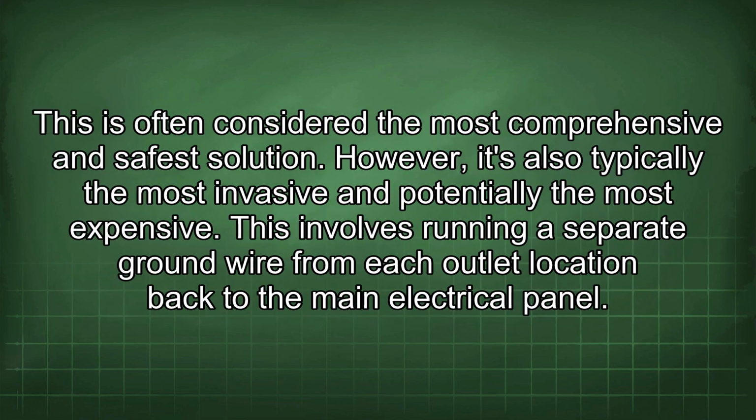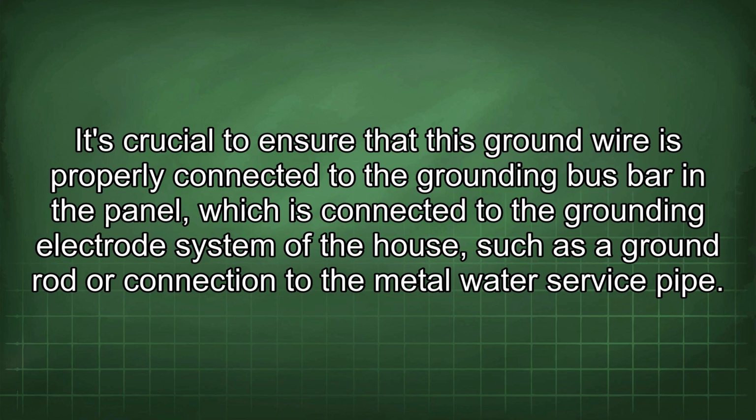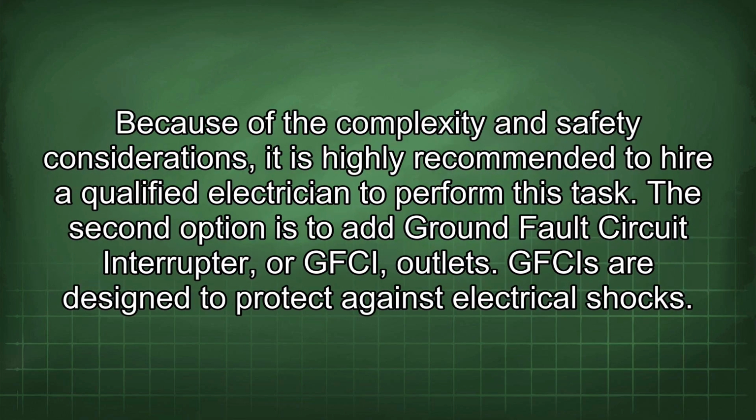This is often considered the most comprehensive and safest solution. However, it's also typically the most invasive and potentially the most expensive. This involves running a separate ground wire from each outlet location back to the main electrical panel. It's crucial to ensure that this ground wire is properly connected to the grounding bus bar in the panel, which is connected to the grounding electrode system of the house, such as a ground rod or connection to the metal water service pipe. Because of the complexity and safety considerations, it is highly recommended to hire a qualified electrician to